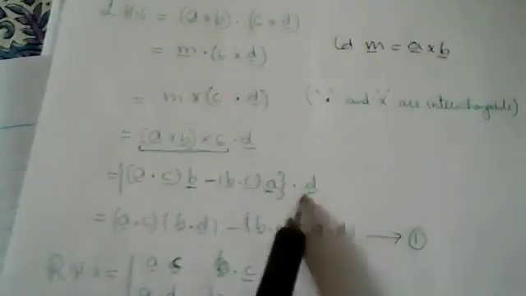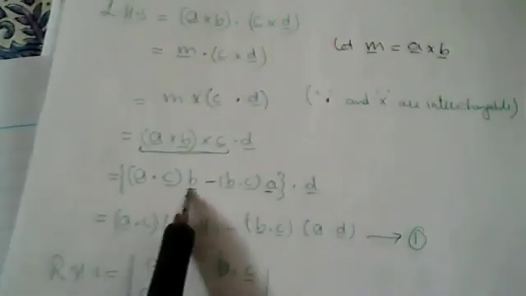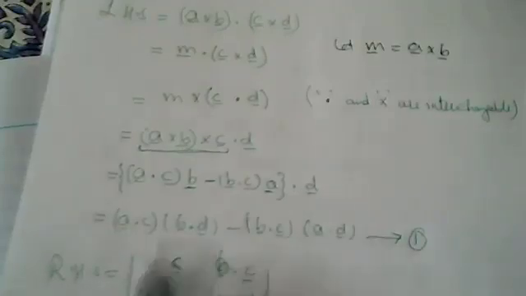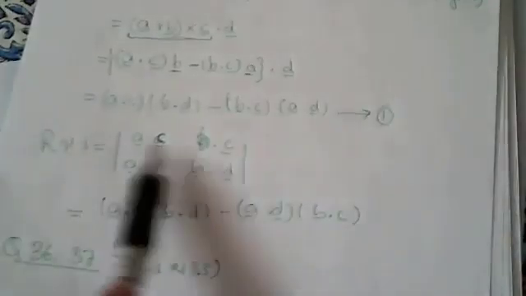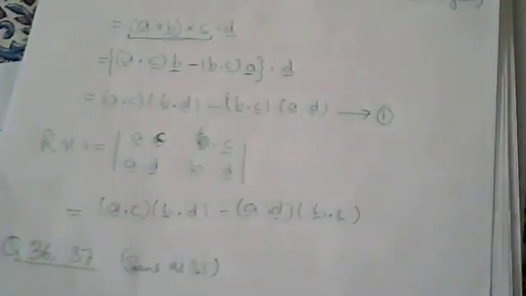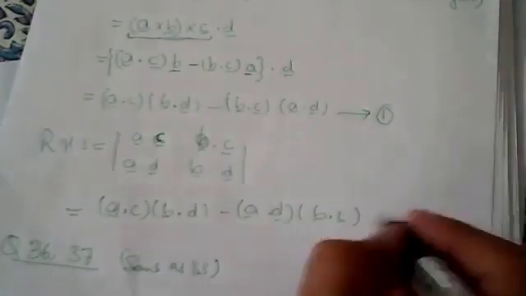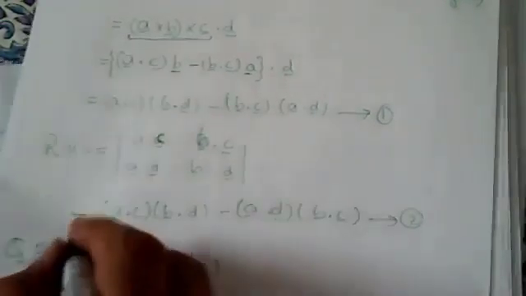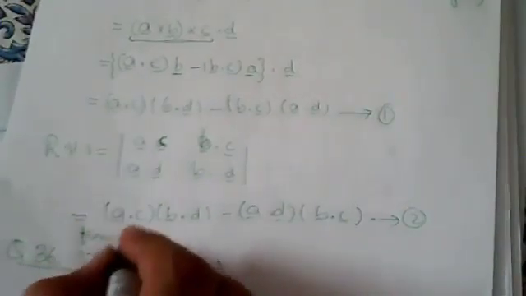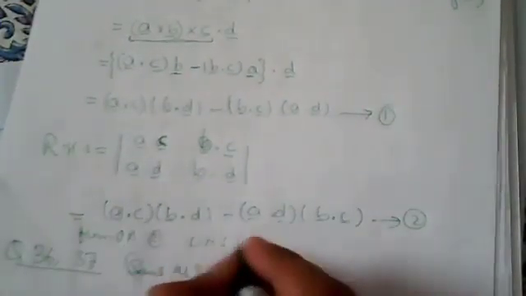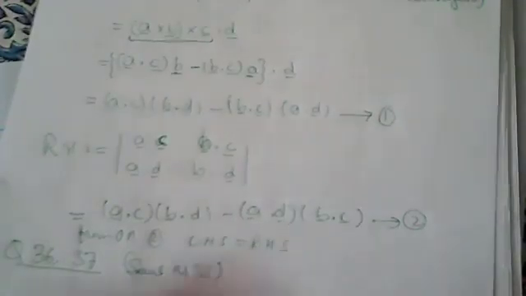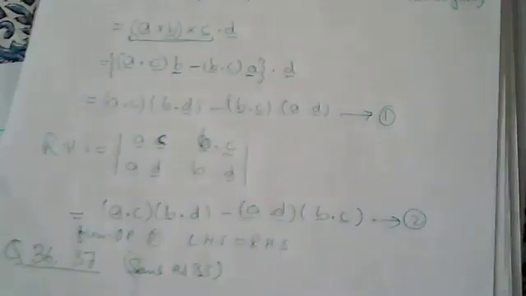Now take the dot with D vector. This is a scalar number, so B dot D is a scalar number. So this is equation number 1. Now take the right hand side. Open the determinant, and you have the same answer. So left hand side and right hand side. This is 2. From 1 and 2, left hand side is equal to right hand side. So we have done up till now. Now if someone has any question,